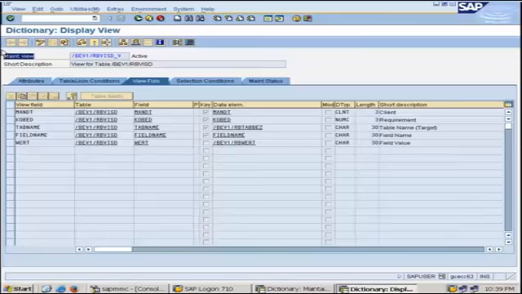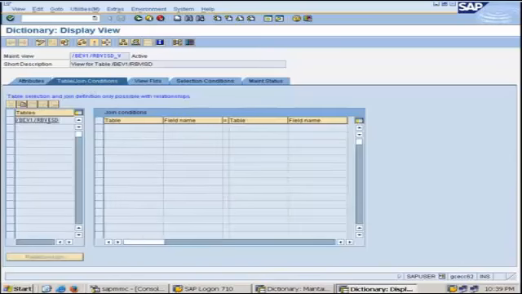So this one is a maintenance view, you can see here. In the view, there could be an option wherein we are putting two different tables, and then we want to see the combined output of those tables, and then we need to define a relationship between those tables. For example,